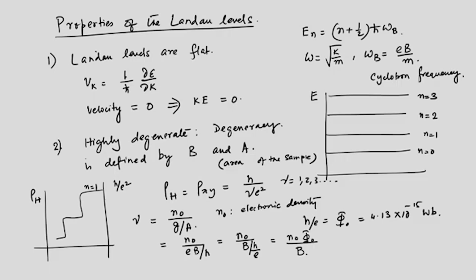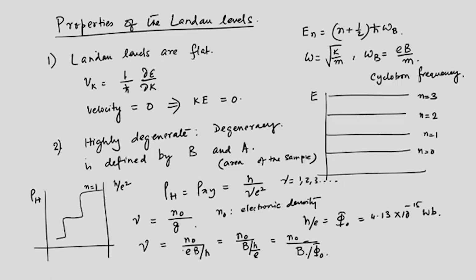So if you write this as B over phi 0, then it'll take integer values when the ratio of the density of carriers and this B by phi 0 is an integer. And if you do not talk about the degeneracy per unit area, then we can neglect this and let me remove this degeneracy per unit area and write it as only degeneracy,